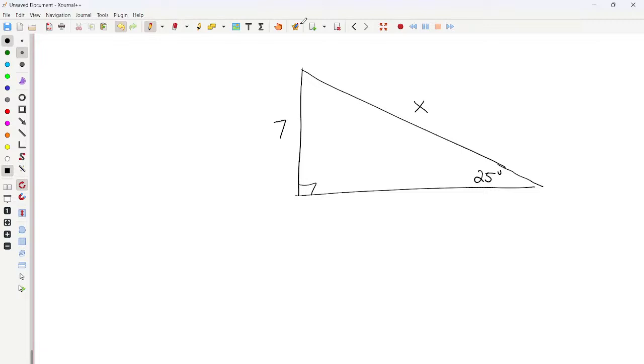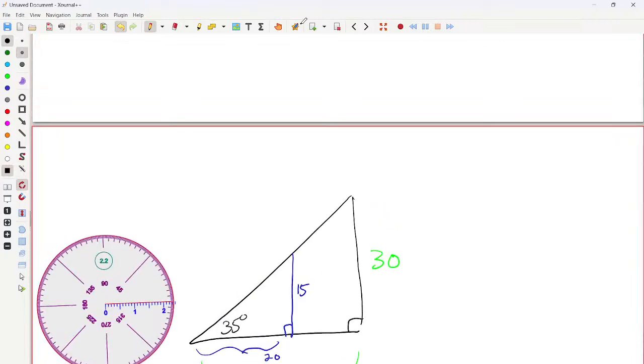Find x. Okay. Students get confused. They're like, can I use the Pythagorean theorem? First, come back. Do you have a right triangle? Yes. Second, do you have two sides and only one unknown side? If you can say yes to that,